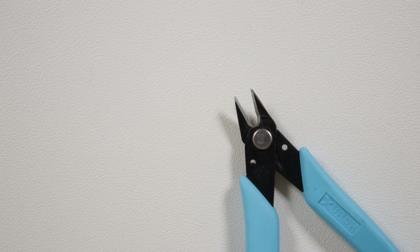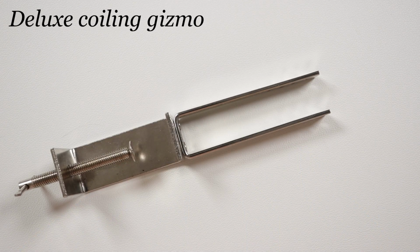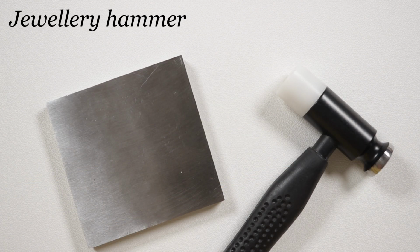As for our pliers, we first of all need some flush cutters so we can of course cut the wire, some tweezers and nose pliers to help manipulate the wire. Then we need a tool to make our coil, so I've got this deluxe coiling gizmo, and I'm using the 5mm rod. Now I'm also going to be using this steel block and jewelry hammer to flatten the coils out,